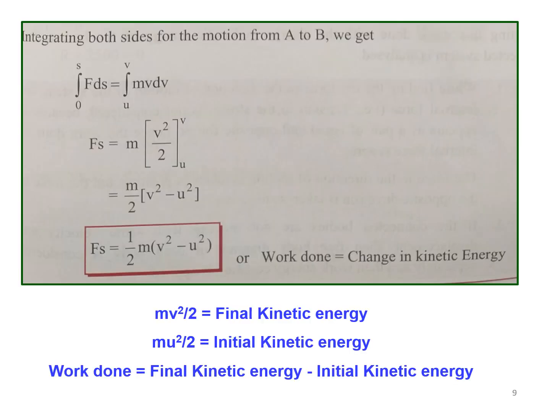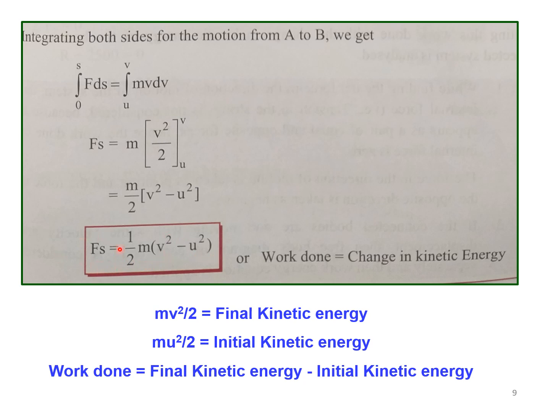Now we are going to integrate this equation on both sides in order to consider the motion of the body from A to B. When the body is traveling from A to B, the distance covered is s. Therefore, on the left hand side, we are integrating between the limits 0 to s. Similarly, on the right hand side with respect to velocity, the velocity changes from u to v. Therefore, the integration limit is u to v. When we integrate, the integral of ds is nothing but s. Therefore, f into s is equal to m into v square by 2. After substituting the limits, we get m by 2 into v square minus u square. Therefore, f into s is equal to half m into v square minus u square.